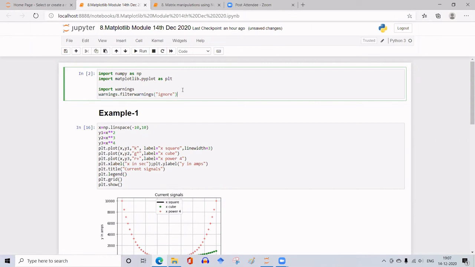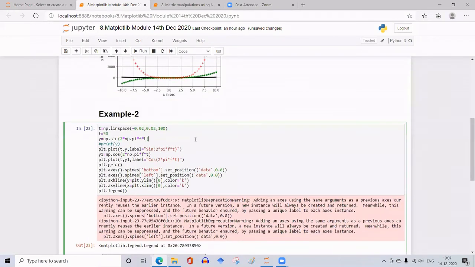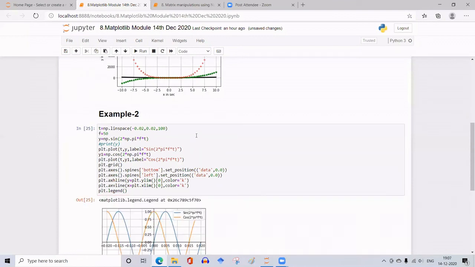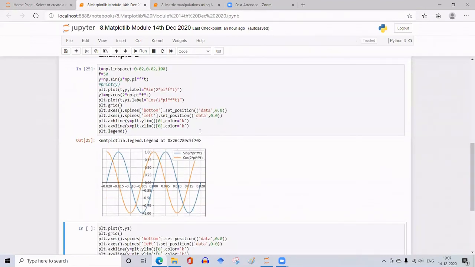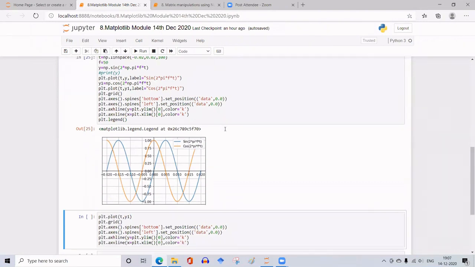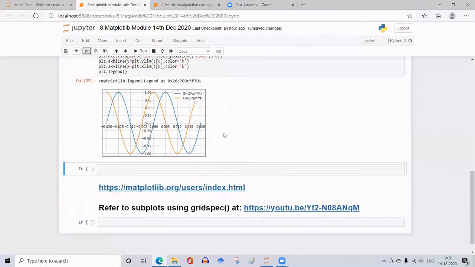If you run this cell and go back here and run this cell, you will not have that warning message appearing, because that is not a warning due to a mistake you have committed. It is due to the version change of this Python software. Okay. So the same thing I have done here. This is an extra line, I'll cut it.